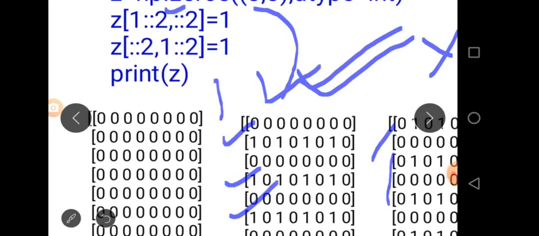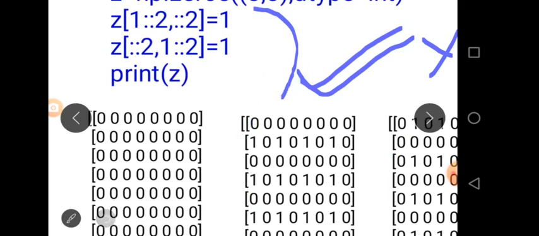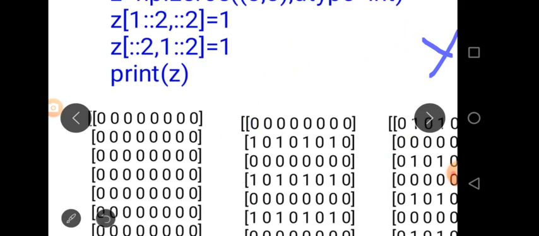So after the execution of the second line, the output looks like this.